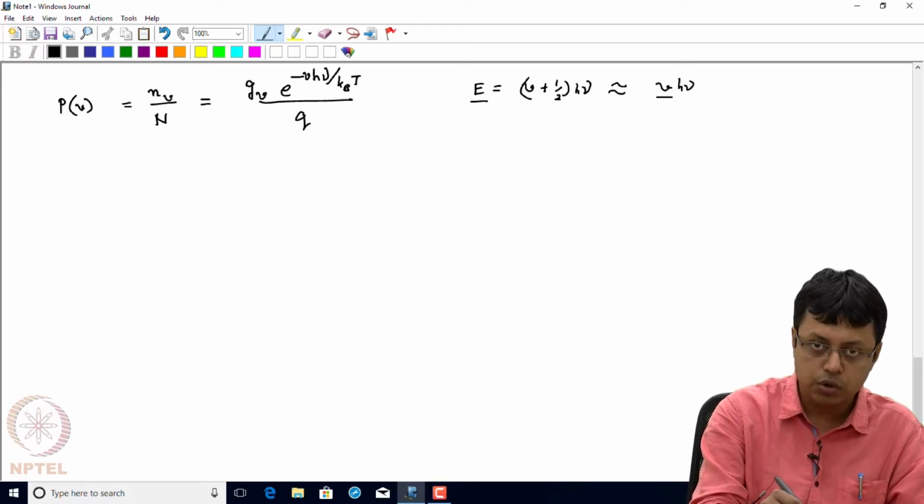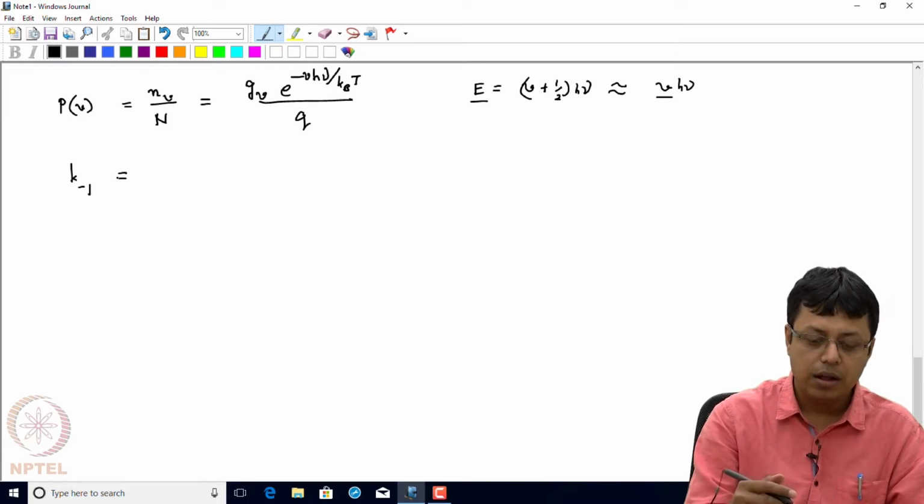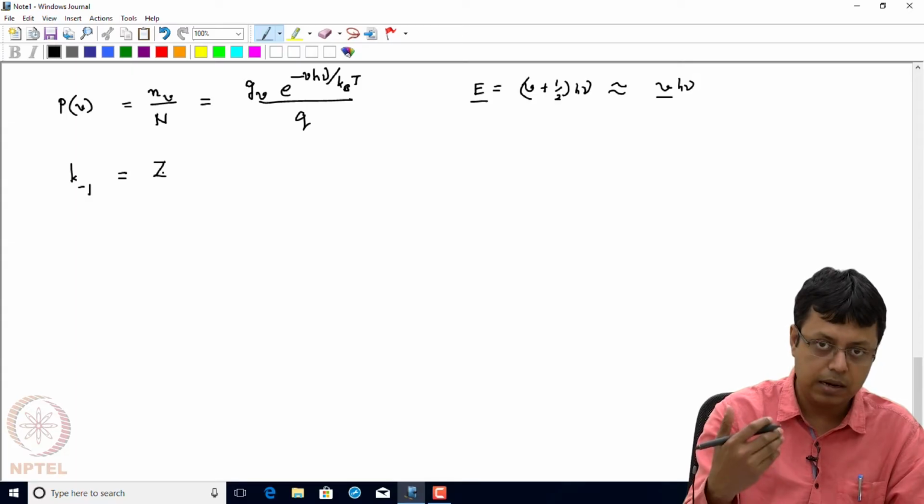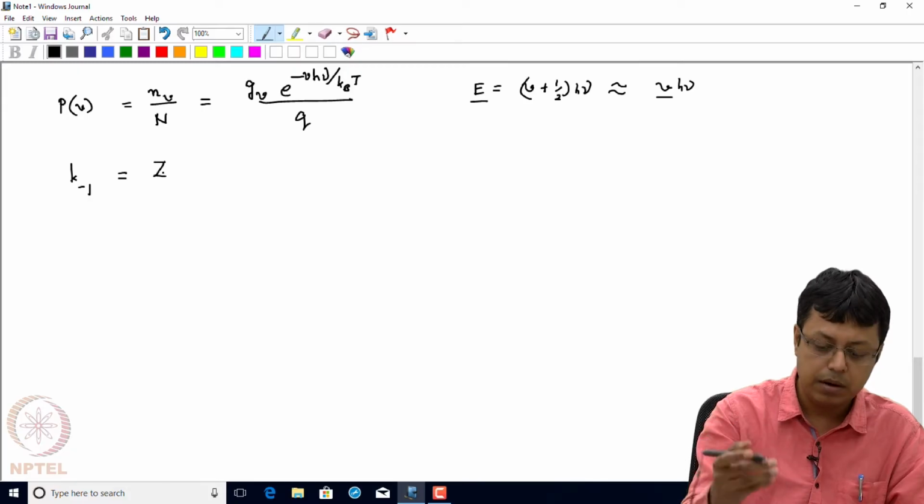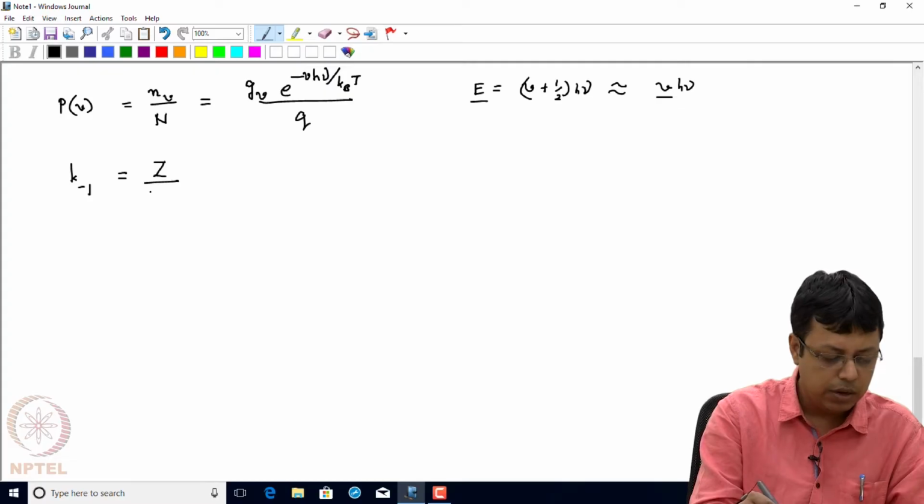So what Hinshelwood showed is that for the collisional deactivation process, in the high pressure limit it will be dependent on the Z, which is basically, again, we are writing it in terms of the unimolecular rate constant that you remember. So this deactivation process you can actually show will be nothing but, I'm writing the final expression,